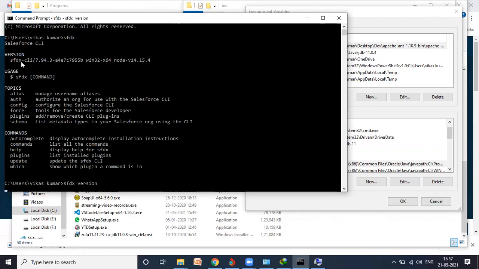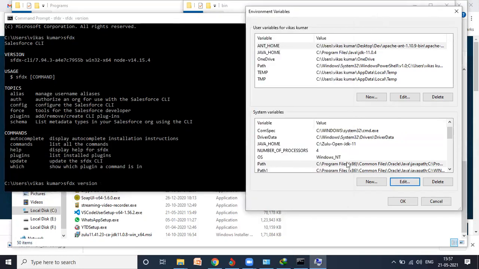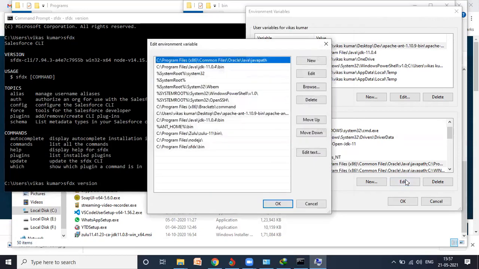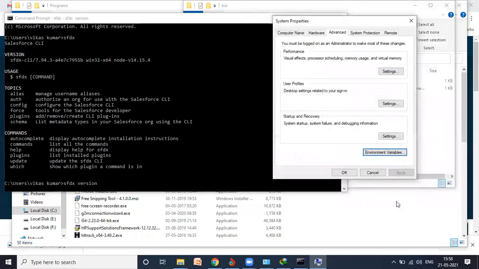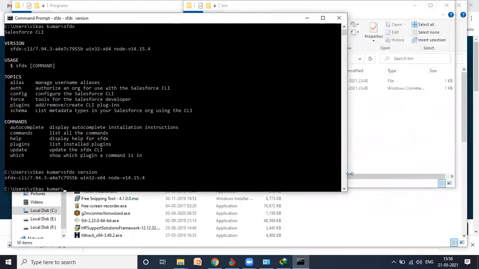Again, wait for a few seconds, and the version showing here, the same one will come here as well. Meanwhile, coming here, since I already set the path, I click OK, again OK, and again one more time. Done. Path set, and here if you can see, the version also came.